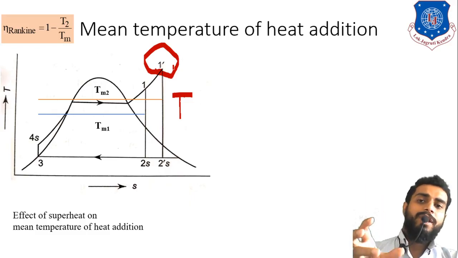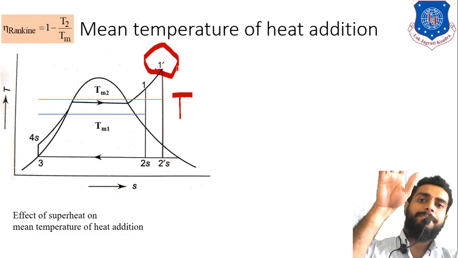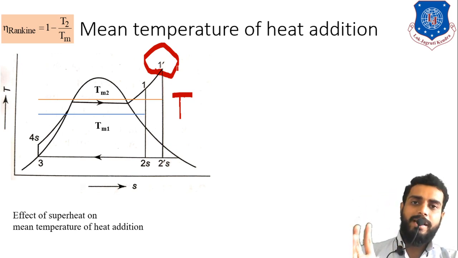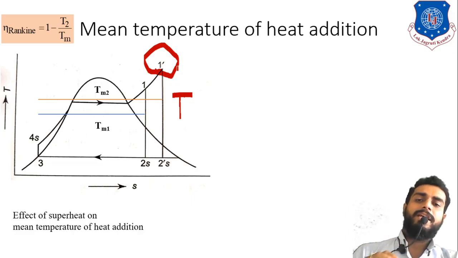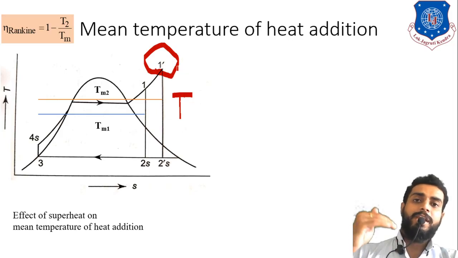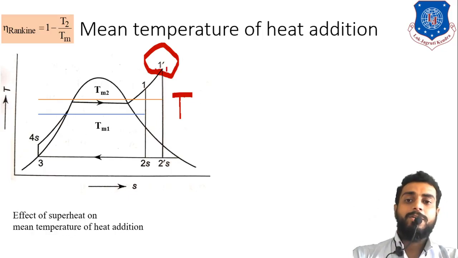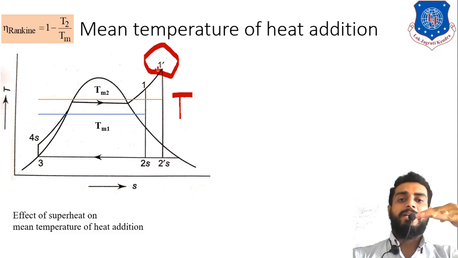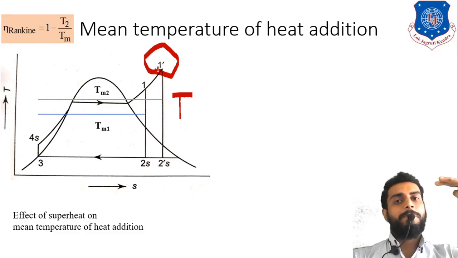So now if your steam has a very high temperature, then the possibility is that your turbine might be made of some material, some metal. Every metal has certain boiling or melting points, right? So what will happen if the steam temperature is very high, nearer to the melting point of the turbine material? It will damage the turbine blades, right? So that means, due to metallurgical conditions, we are restricted in increasing the temperature of superheating.